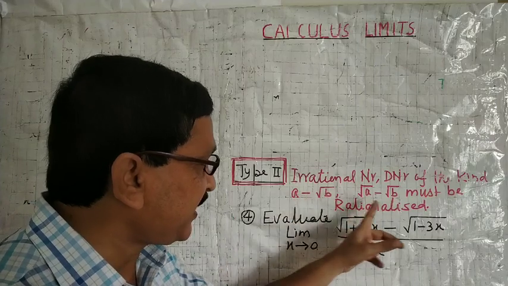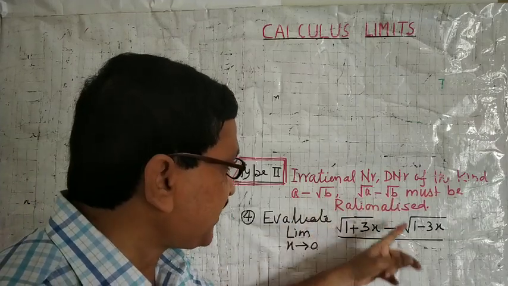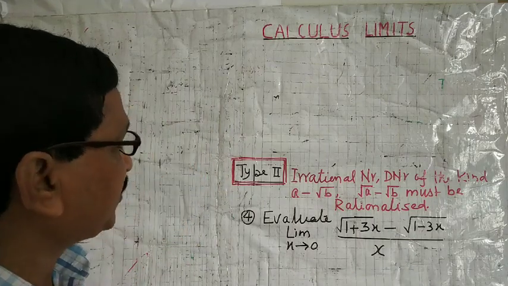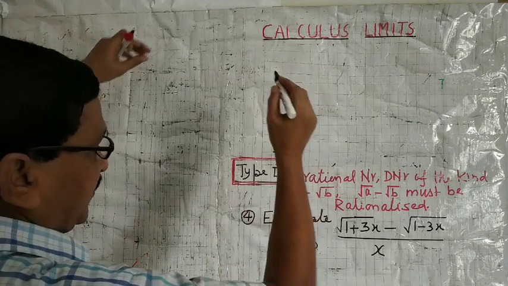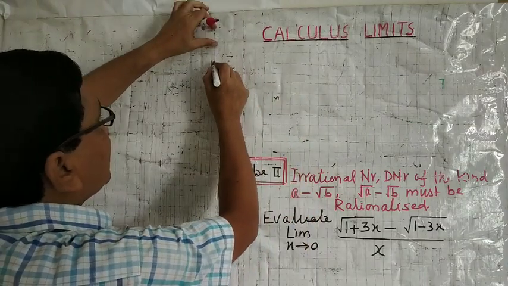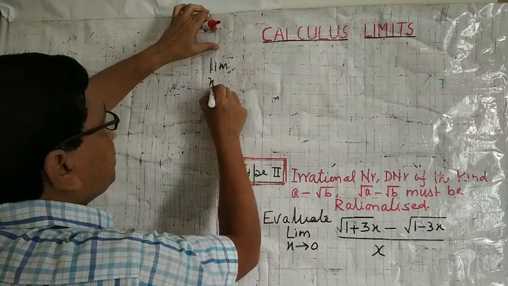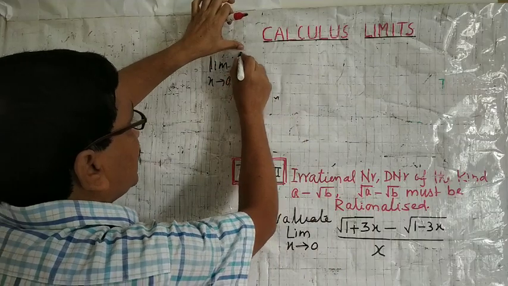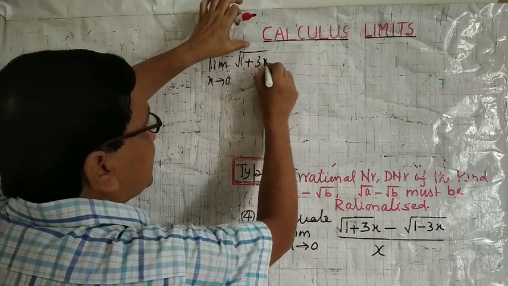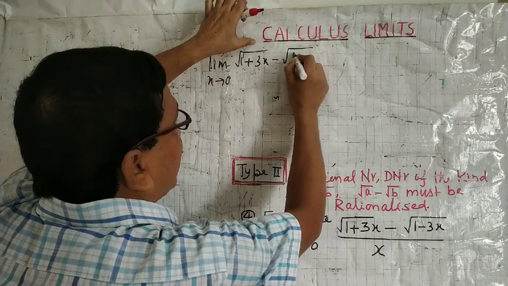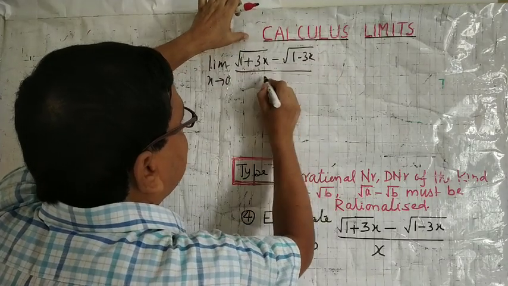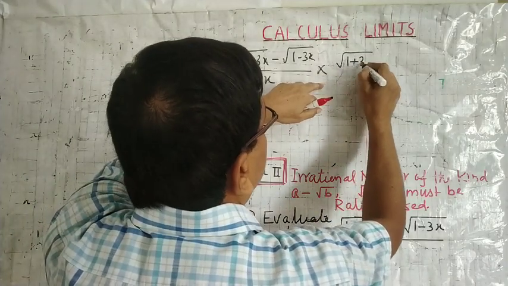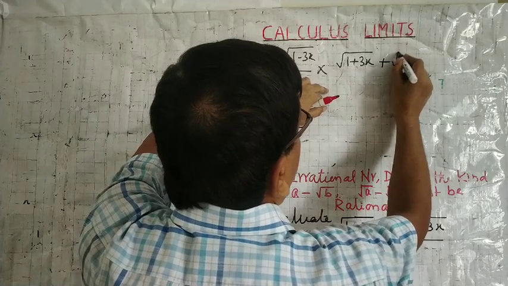In case of negative, if such negative terms are available in both numerator and denominator, we rationalize both numerator and denominator. Now let us see how it is done. So limit x tends to 0. Let us rationalize root 1 plus 3x minus root 1 minus 3x by x, multiply by root 1 plus 3x plus